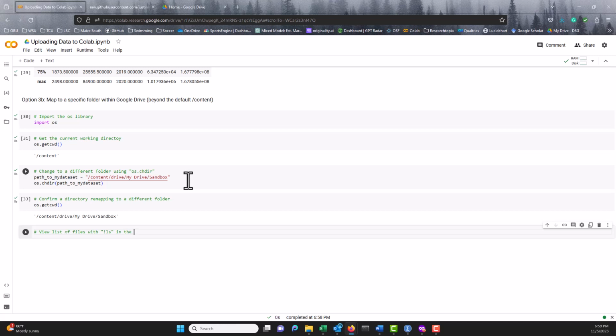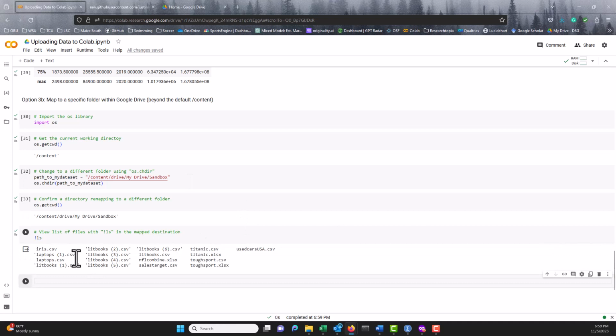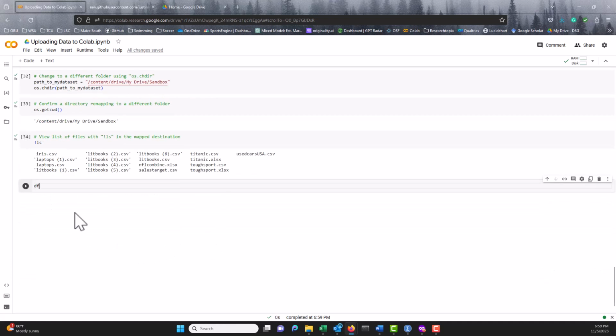in the mapped destination. We can now see these files are here. And so if we want to import, let's call this DF5, we don't have to use the lengthy address like this anymore because we're mapped here now, okay? And so if I do pd.read_csv